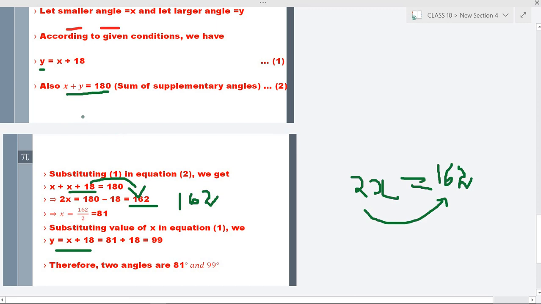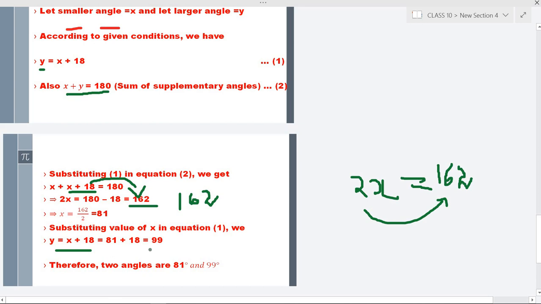You can even substitute over here. Here if you take 81 then also you will get 99. So that's not a big deal. Anything you can do, both are the same, both are simple ones only. So it is not a big deal which you choose. Both are simple and both will not consume any time.